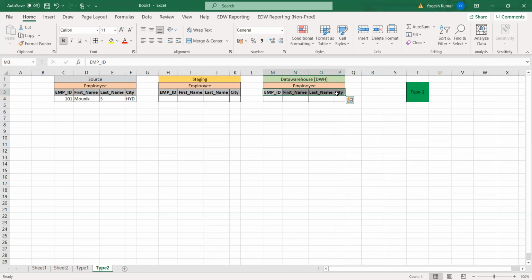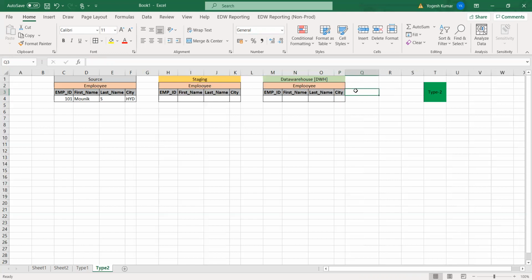In case of a type 2 dimension table, you will have 3 extra columns in the table. What are those columns? First is start date. Second is end date. Third is active flag.